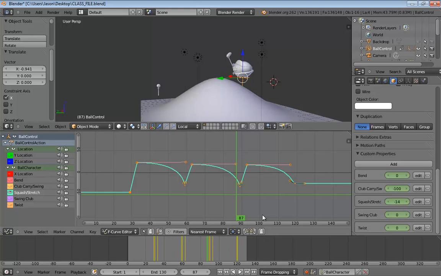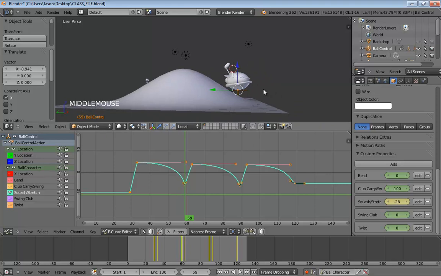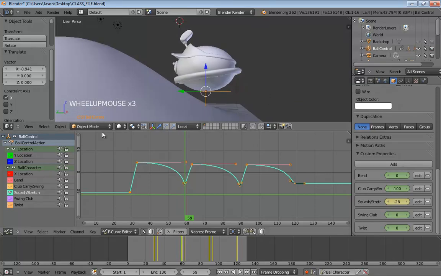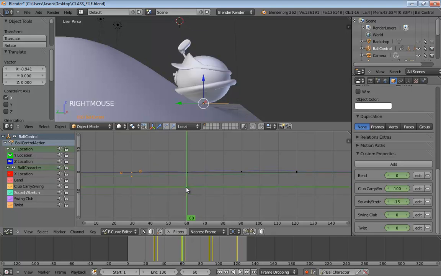Ironically, it doesn't appear that on that bounce there he comes down to the ground. The first landing, he may not be. So right about here, that might be what's making it look off. Yeah, and that very well could be. We can adjust that just by tweaking our Z location. We are on the ball character keying set, so we can make updates to this. Just make sure if you do that, that you double check and make sure that you're right on the key itself. You don't want to add an extra keyframe where you don't need one. So we'd want to make sure we're actually right here.